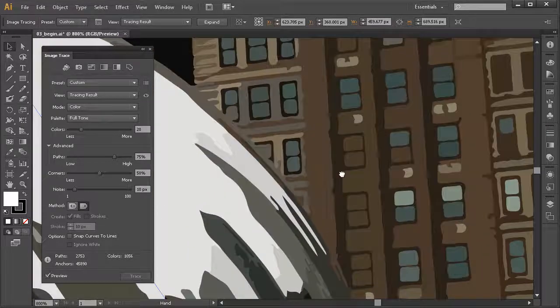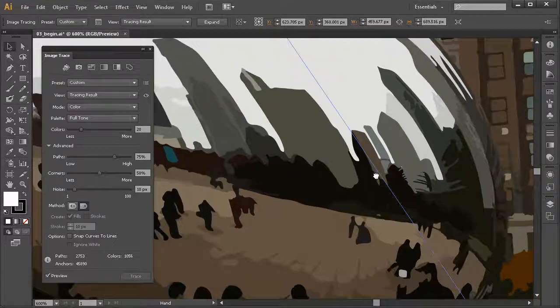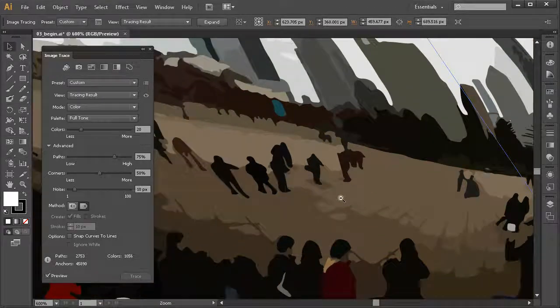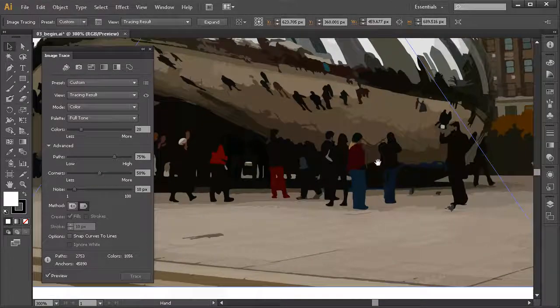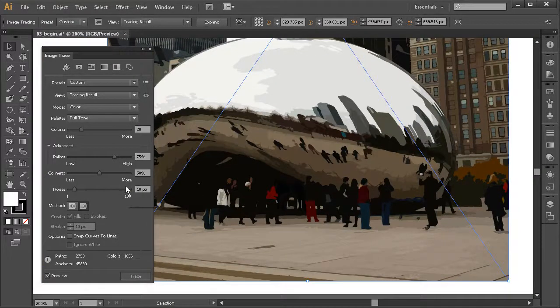So more corners is going to probably result in a little bit more accurate tracing, whereas less corners, we're going to have smoother shapes, and so probably more of a stylized result. So let's go ahead and ramp up maybe the corners. Right now we're at 50%, and if we were to take that up to maybe say 75%, just like so,